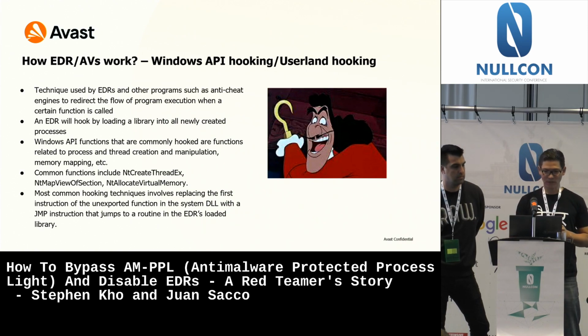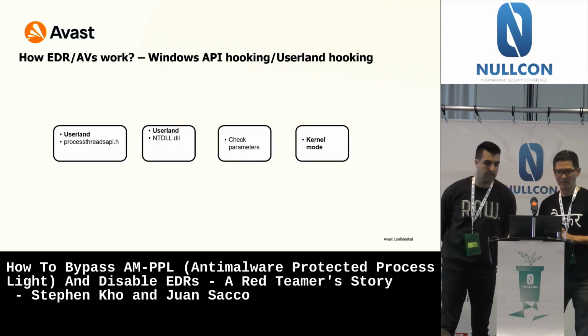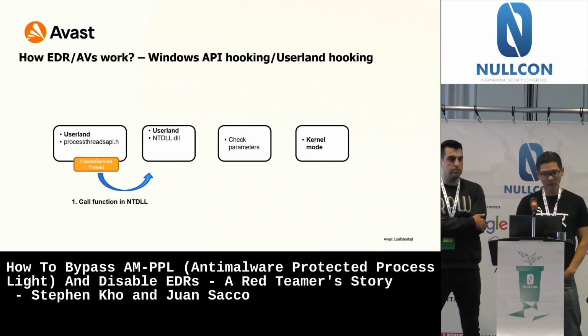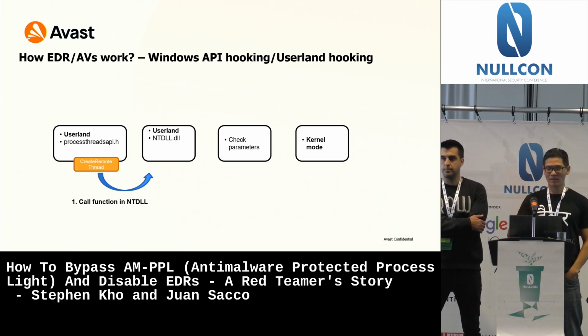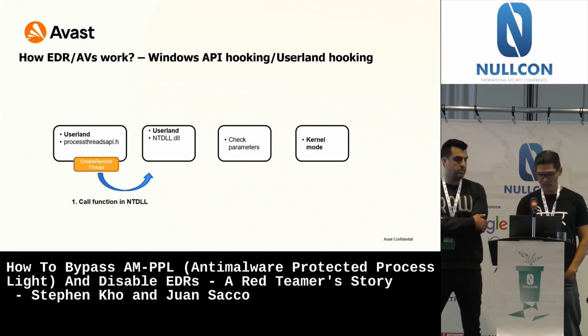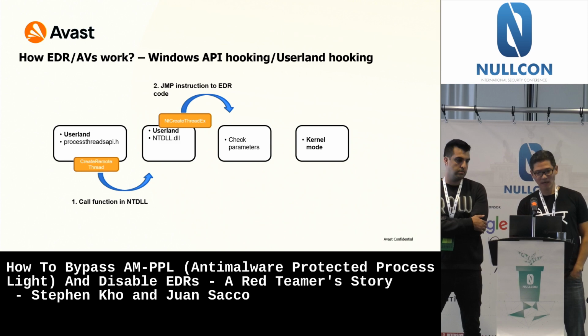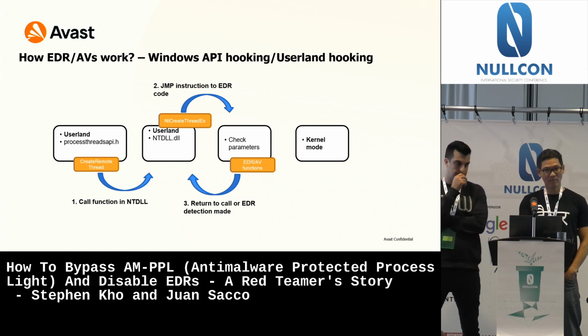Now, I've got an example to take you through this. If I can get this working. Okay, let's step through it. So, as per that previous example, you open a CMD shell, for example. It invokes this CreateRemoteThread function. It goes into NTDLL, and because the EDR has put a hooking function there, the jump instruction takes it to the EDR. So that command that you then run will be inspected by the EDR. So it's kind of man in the middle, I suppose.